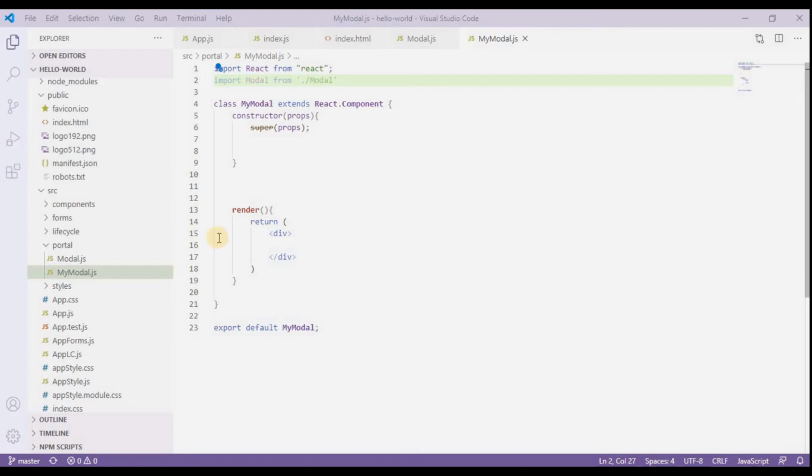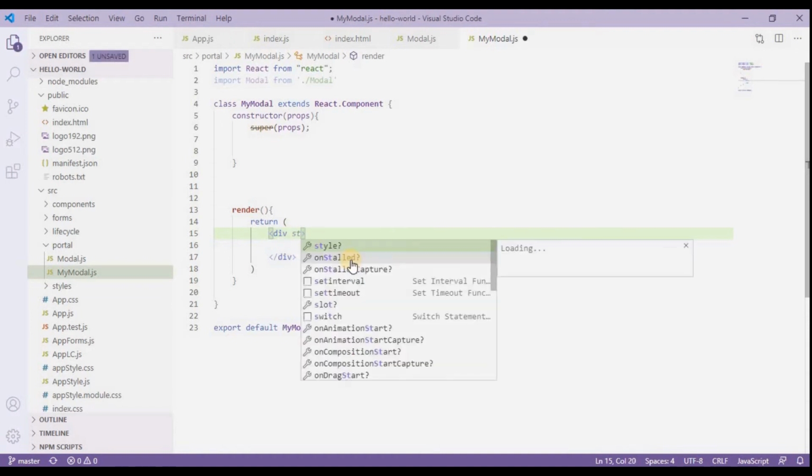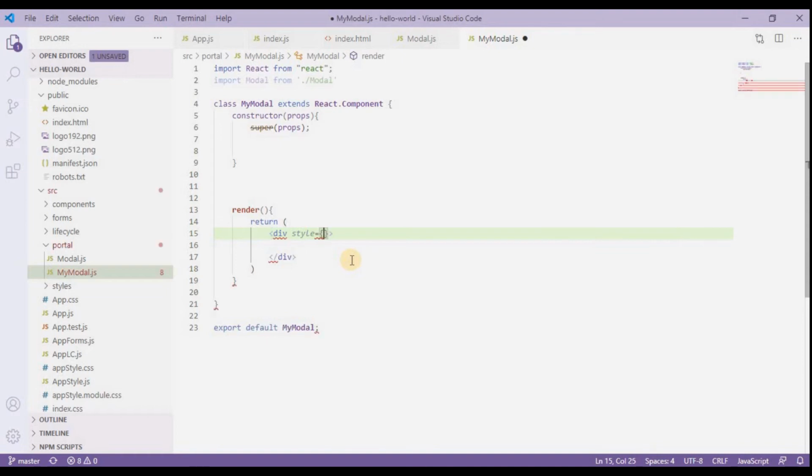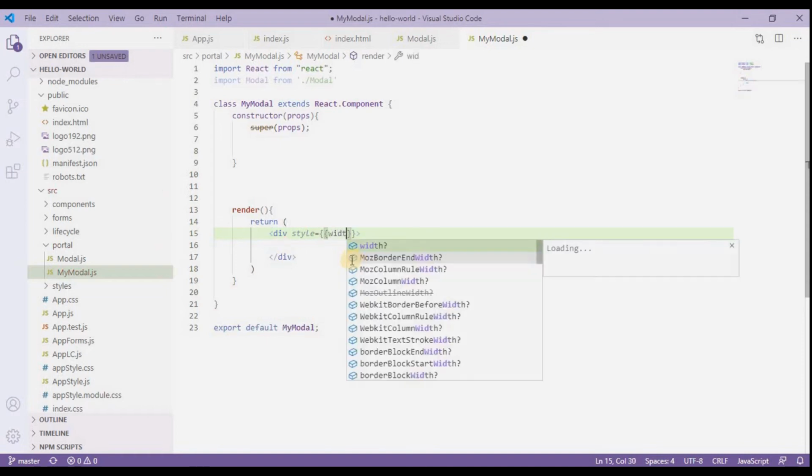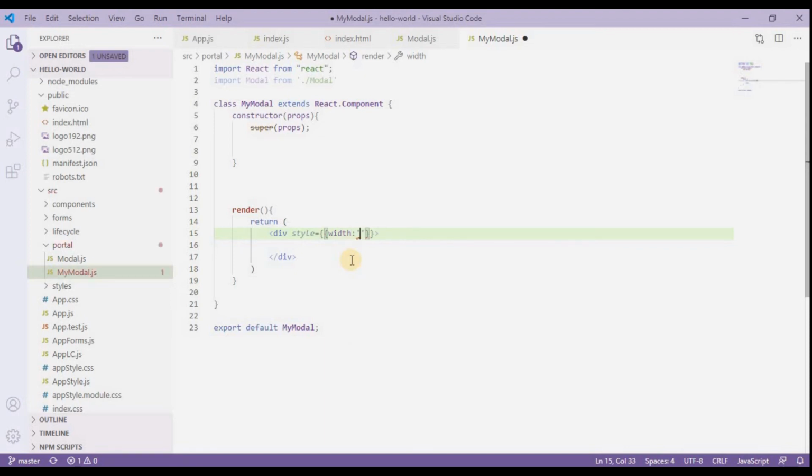And now inside render I am going to have this modal to be rendered, but before it I am going to provide some attributes or properties to this div element which we are returning inside this render. So for that I am going to type a style, and inside style I am going to provide some width which is like 200 pixel, and same for the height also, 200 pixel height. Change this to height,